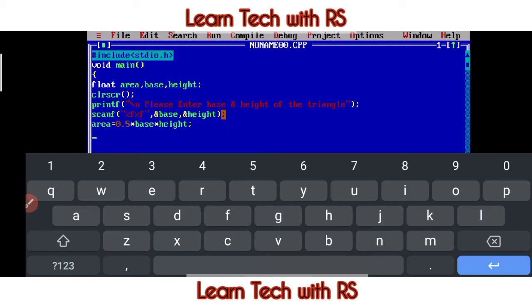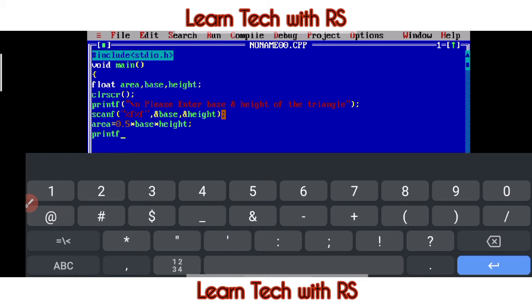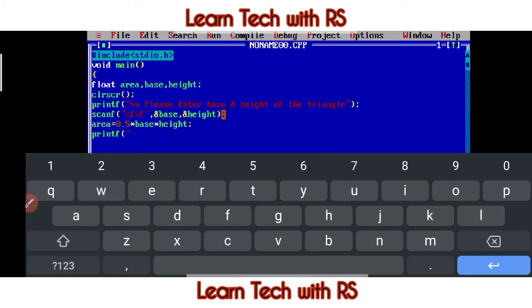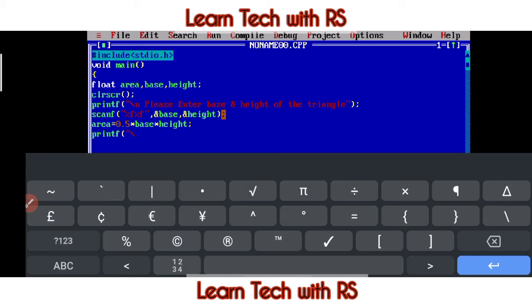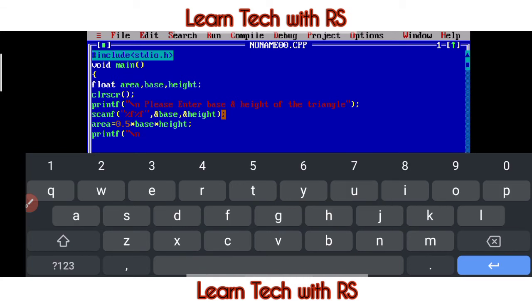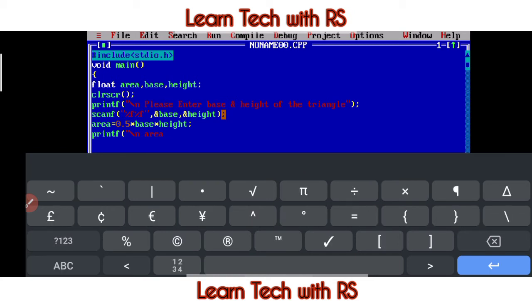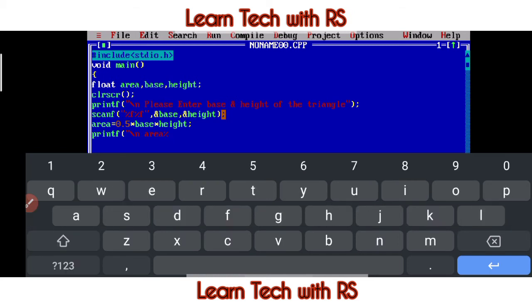break. Okay, then finally we have to print the result. So how will the result be displayed? Printf, in bracket you have to write in a new line, for new line, so we have to backslash n and new line, area. ठीक है, area in float.